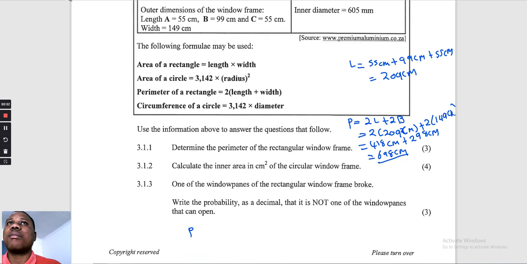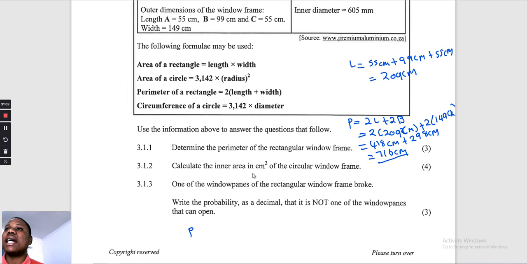Then let me remove there. 418 plus 298 is 716. Sorry for making that mistake. I didn't see that that is 99. I thought that was 90, and that is 716. Okay, all right, let's proceed.